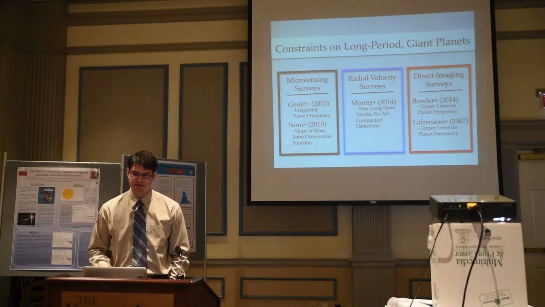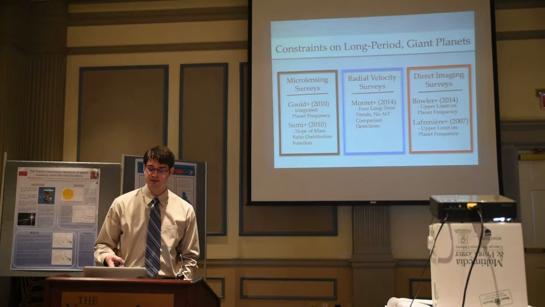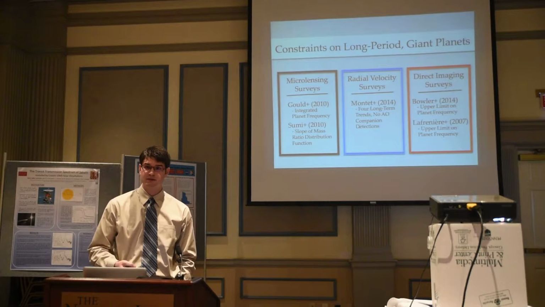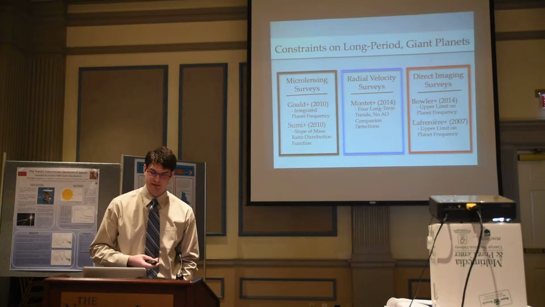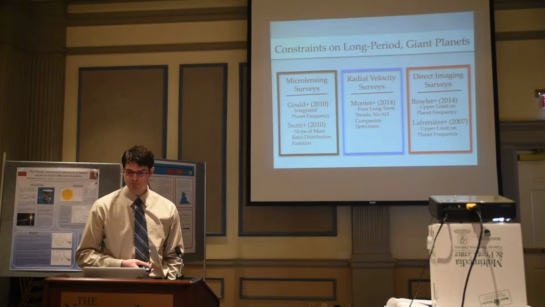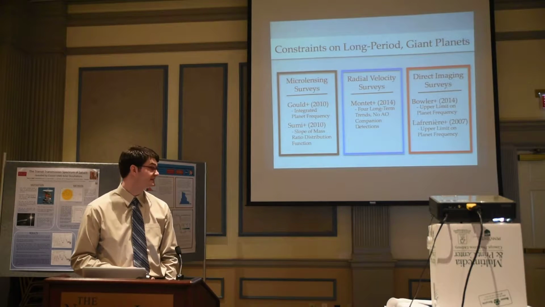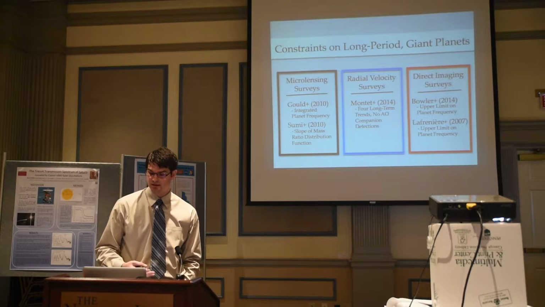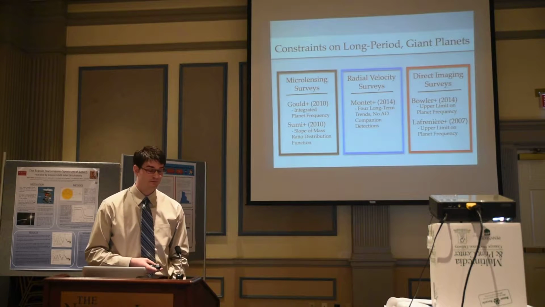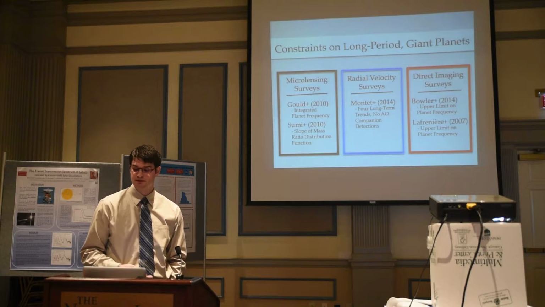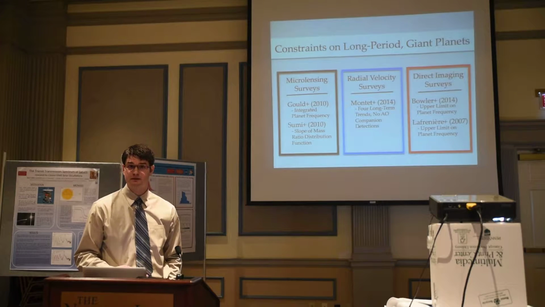For radial velocity surveys, and since we're interested in long-period planets, we include the results of the CPS trend survey reported by Ben Monte and others, who found 4 significant long-term radial velocity drifts for which they detect no companions in AO images. For direct imaging surveys, we include results from the PALMS, or the Planets Around Low Mass Stars survey by Brendan Bowler and others,